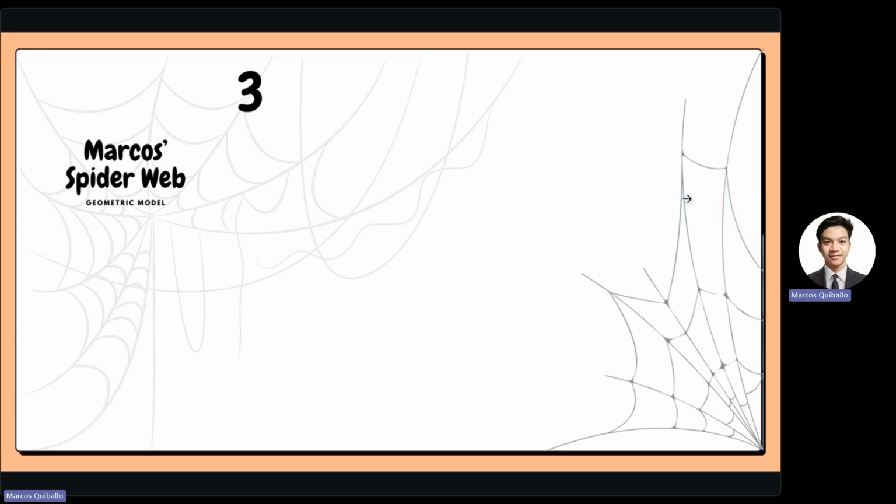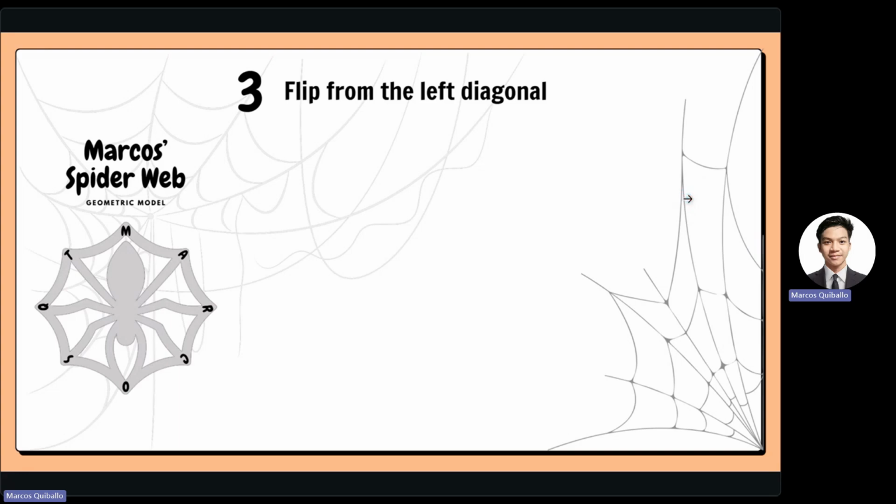And for our number 3, it's defined as flip from the left diagonal. So this is the model, and the red broken line is our left diagonal. This is the line where we